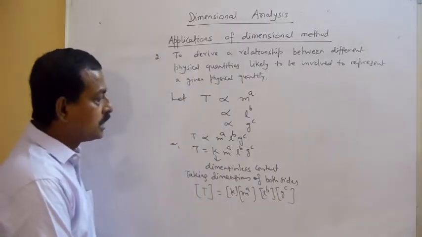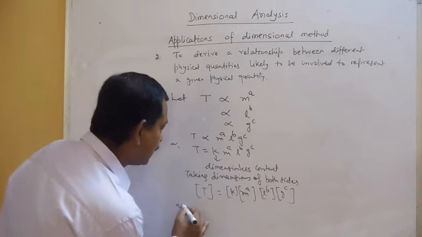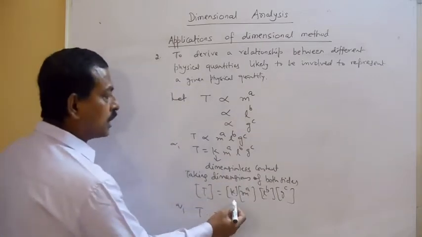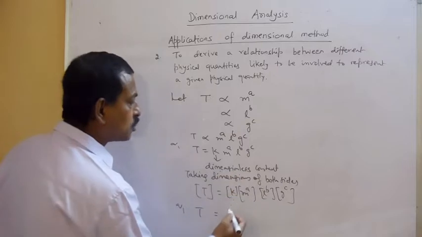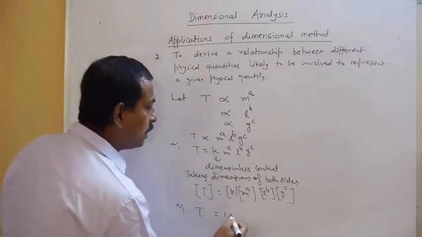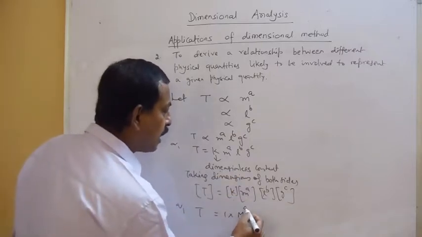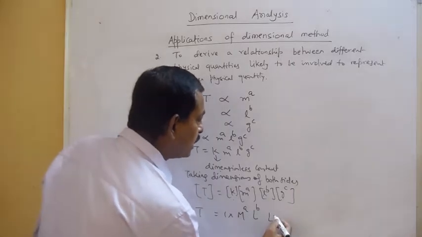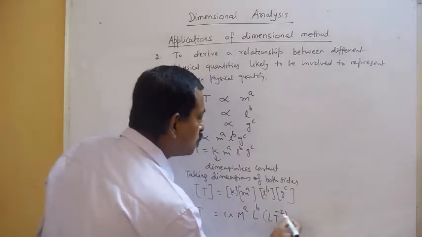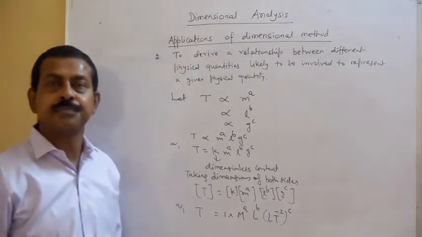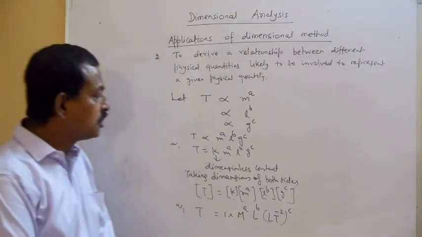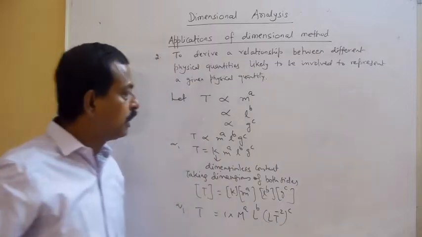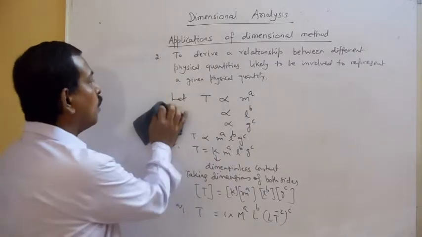If you do this, then you'll find that K is a dimensionless quantity. So as it is a dimensionless quantity, obviously it will be 1. It is now M power A, L power B, and for G, it is LT to the power minus 2 power C. So we can put these values by just taking their dimensions. Now if you combine this, what you will find